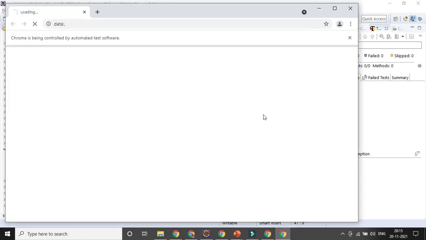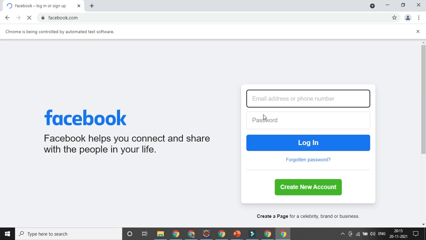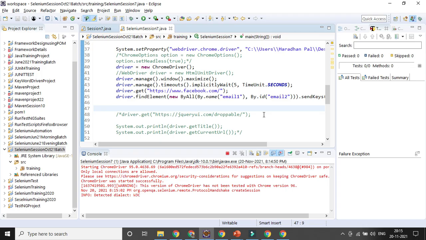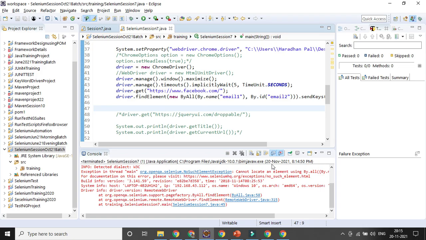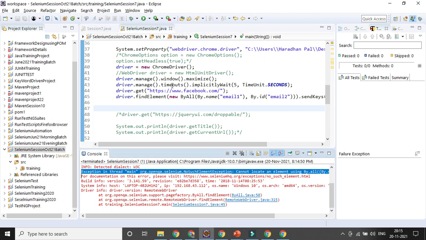So that's why, for most projects where there is a probability that some attributes can change, being volatile or changing frequently, you can go for the options of the By.all locator. Okay, it will wait for 5 plus 5, 10 seconds, then it will throw the error. Okay, you can see after 10 seconds it cannot locate the element, because everything is email M1 and email 2.